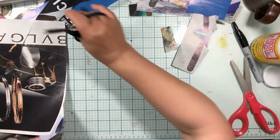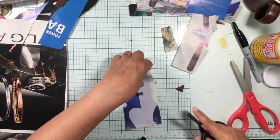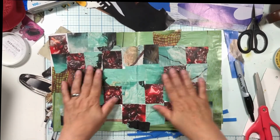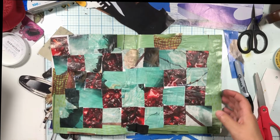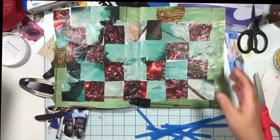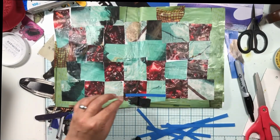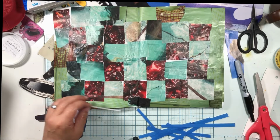All right, so I am going to fussy cut these out, meaning I'm going to snip, snip, snip, snip, snip. And then I will be back. Okay, so the background is relatively dryish, and I have done the cutting out. So what I'm going to do is I am going to start by using this blue stuff as an edge, and I am going to sacrifice one of my old